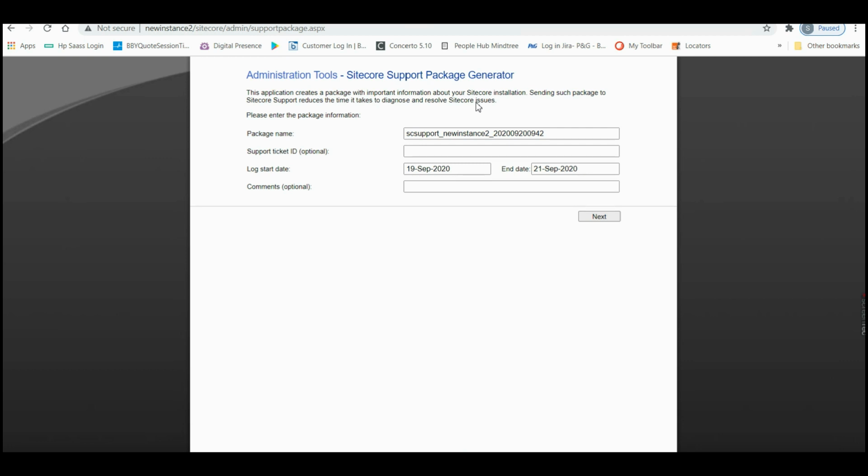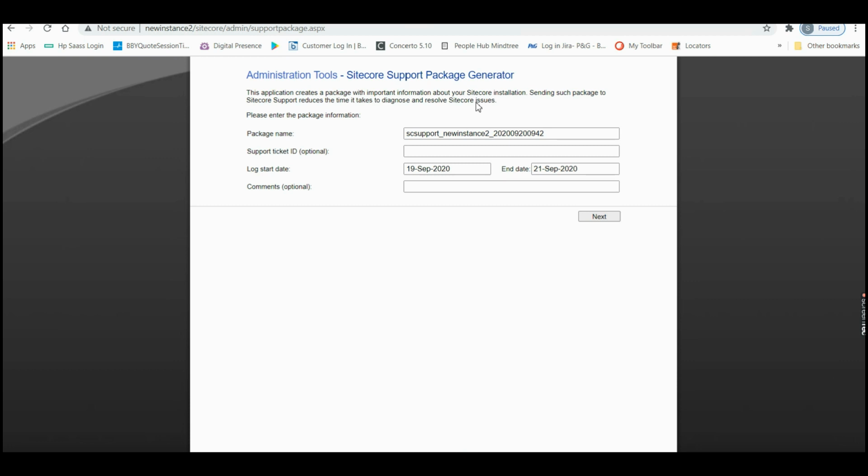What it does is, suppose you have an issue that you need to check with Sitecore, an issue with a Sitecore item. Normally we will take the package, or we will provide a screenshot or comments. Instead of that, we can create a Sitecore support package here. You can provide the Sitecore support ticket ID, log start date and end date, and comments.